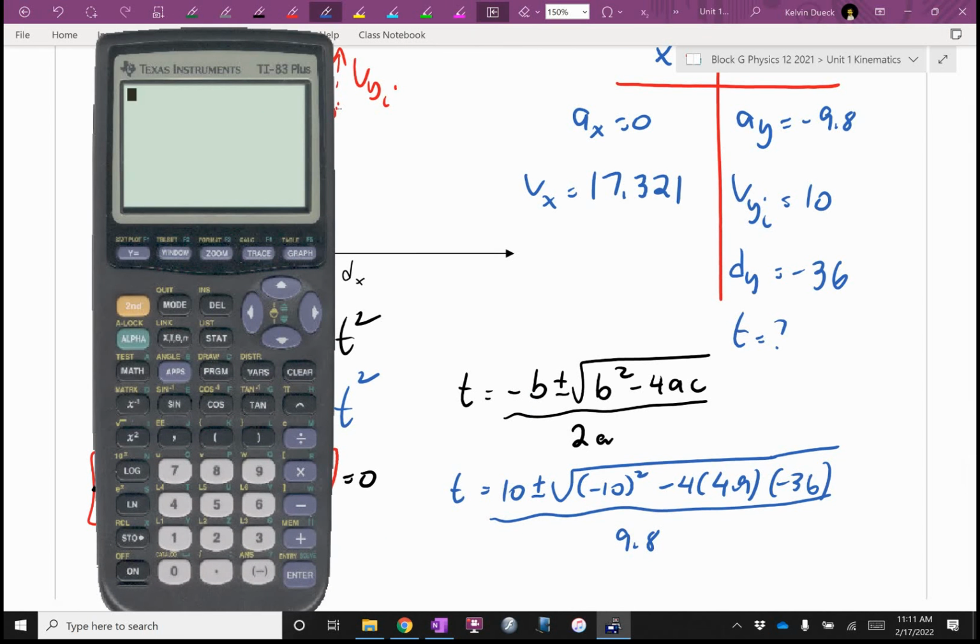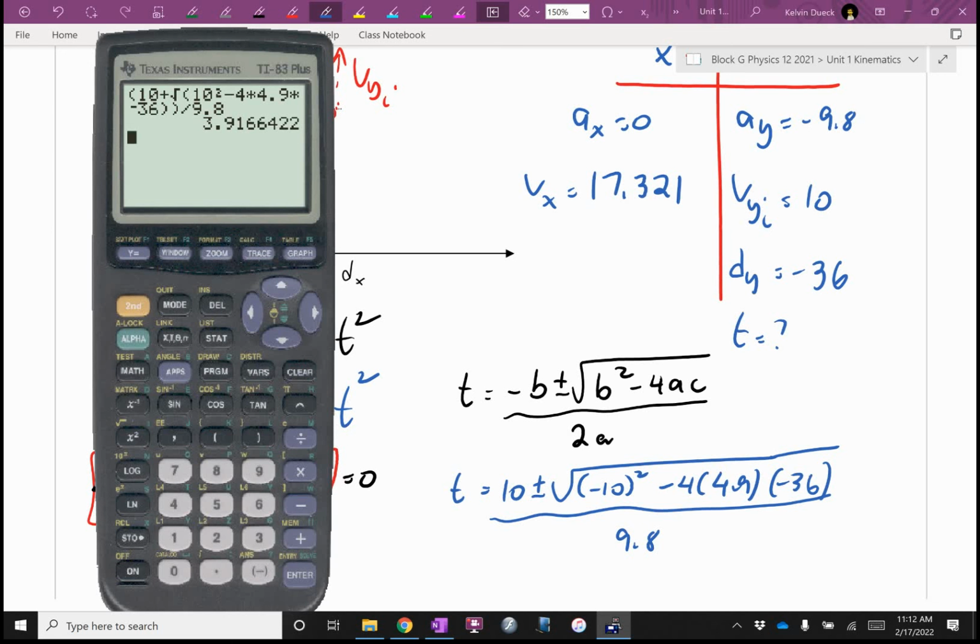Is this a fraction? Yep, open up a bracket. 10 plus square root, open up a bracket. 10 squared minus 4 times 4.9 times negative 36, close off the square root, close off the top, divided by 9.8. If you didn't write the 9.8, if you have a 2 times 4.9, you have to put the bottom in brackets as well. Do you get as one of your roots